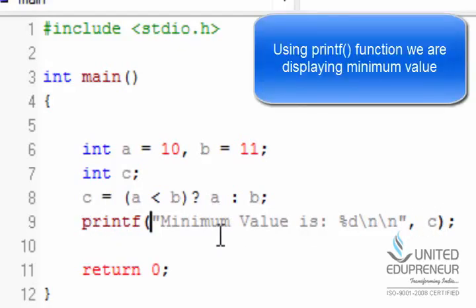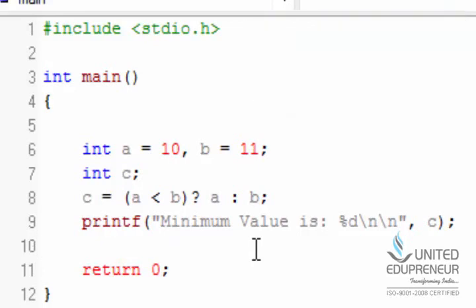If we use an if statement, the code will be 3 or 4 lines, but to find the minimum value we are doing this in only one line. So this is the benefit of the conditional operator.